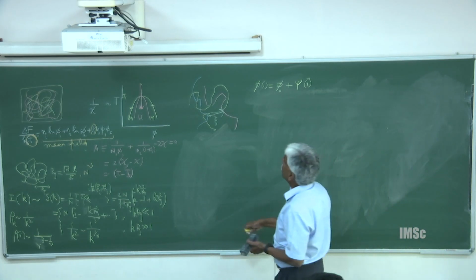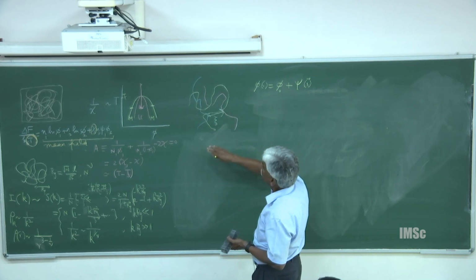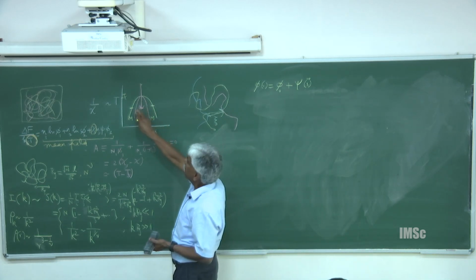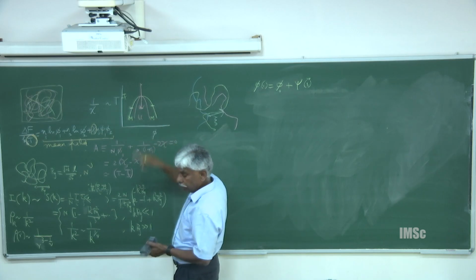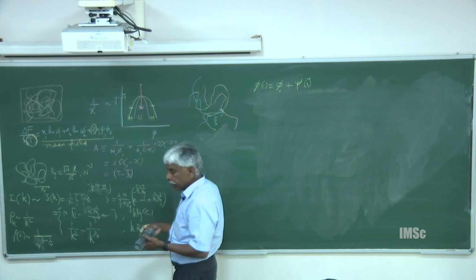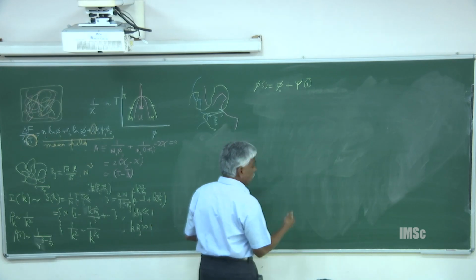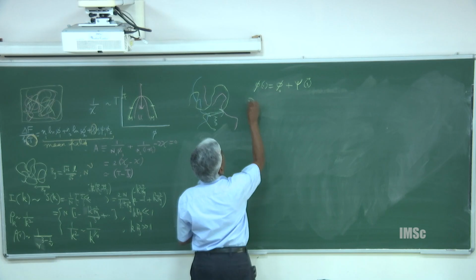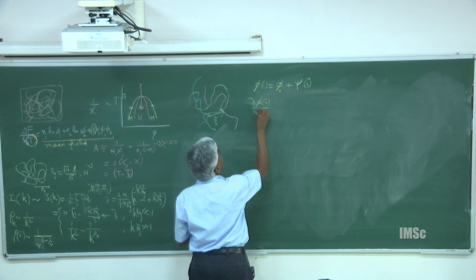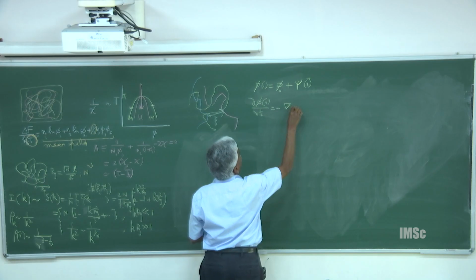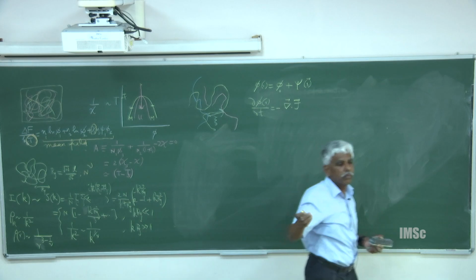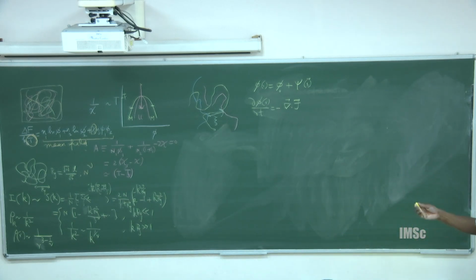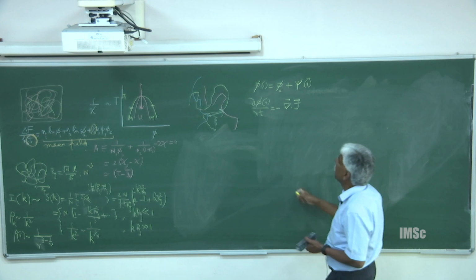When I suddenly quench it, I will have that fluctuation here, but that is unstable. What it wants to do is make two daughter phases, one phase with that composition, another phase with that composition. So something is going to happen. In order to understand this, let's look at the kinetics. There is d phi(r) by dt equal to negative divergence of flux. This is the conservation of mass. What is flux?